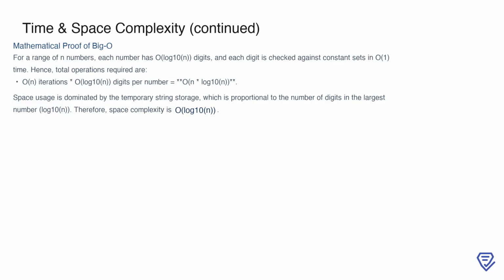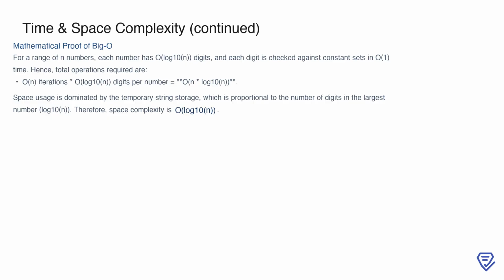On the space side, the dominant factor is the temporary string storage. The size of the string is proportional to the number of digits in the largest number, which is log base 10 of n. Therefore, the space complexity is O(log10 n). This analysis confirms that the solution is efficient both in terms of time and space, making it well suited for